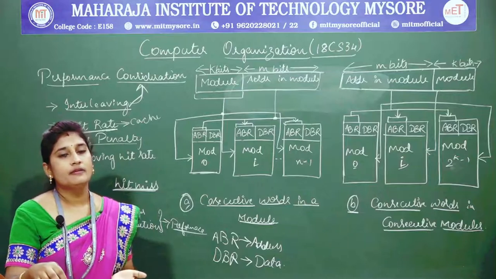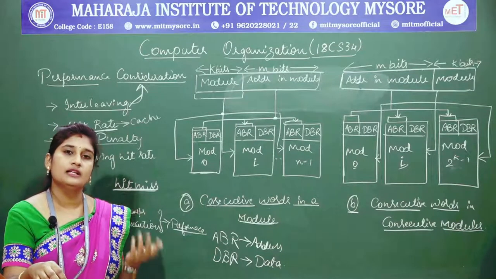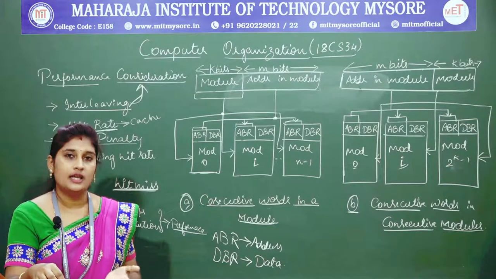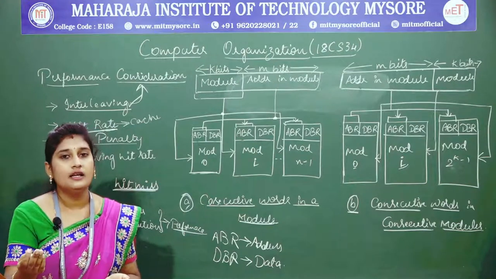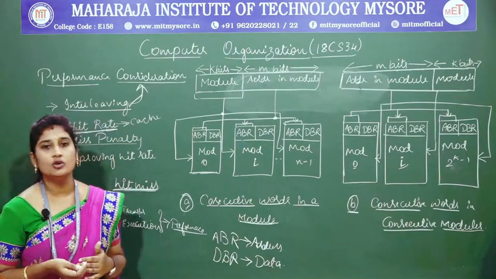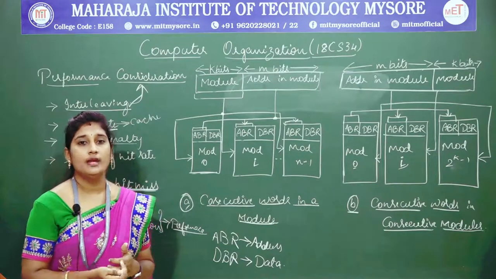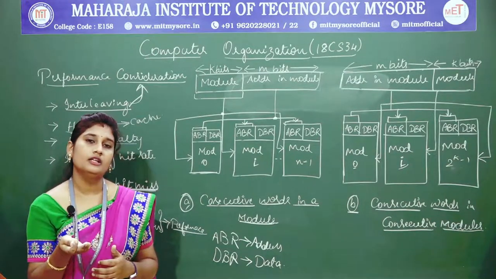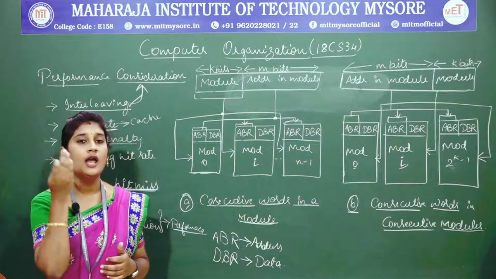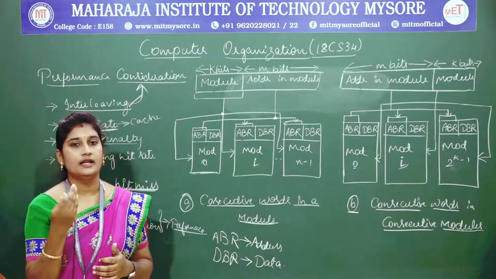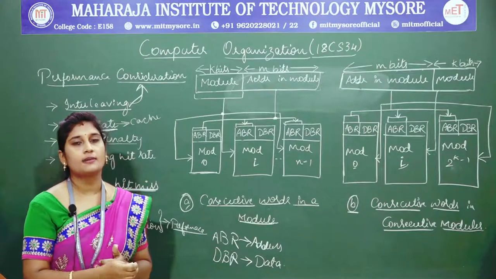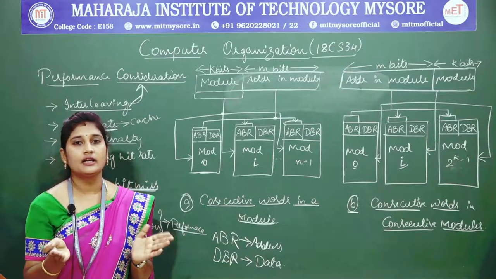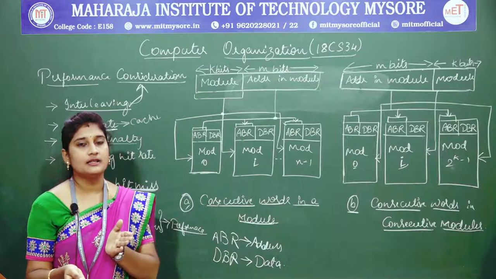So my data, whichever the processor has requested, whether it might be a read operation or write operation, that data I have not found in my cache. So then I will call it a miss. So the next step, what I need to do is go and search in my main memory for my requested data, isn't it? So I will go and find the requested data in the main memory, and then I will move that data from my main memory to my cache memory.